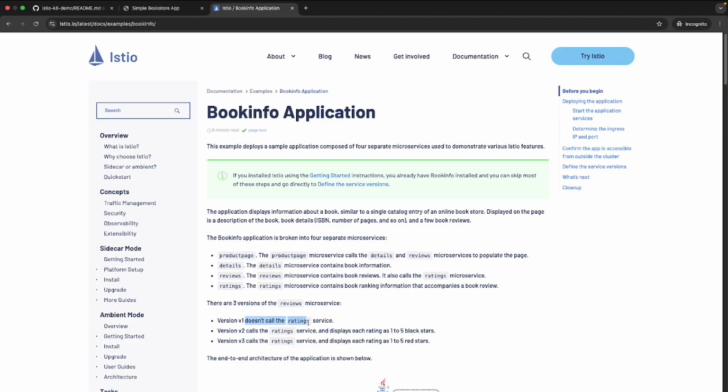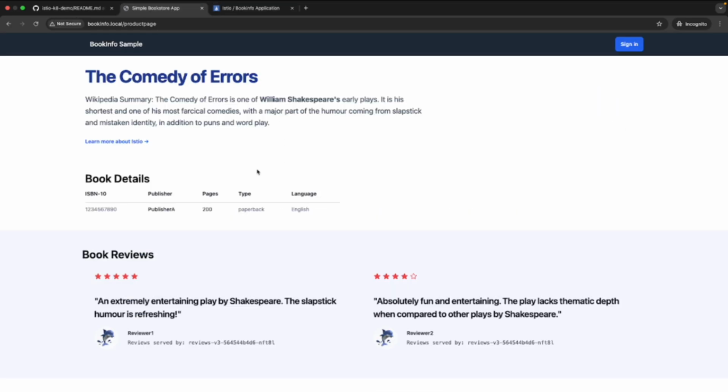So V1 doesn't call the rating service. V2 calls rating service and displays each rating as 1 to 5 black stars. And finally, version 3 will be having 1 to 5 red stars. So let's try refreshing. So if you see now, it is reviews version V3 where we have the red star. And if I refresh the page, I can see it's a black star and it is coming from reviews